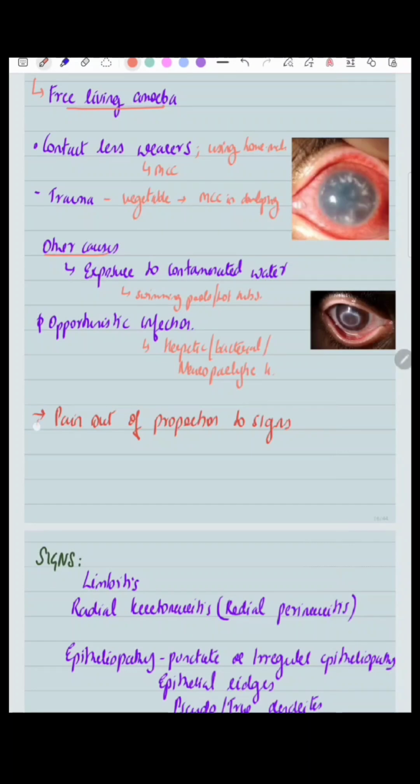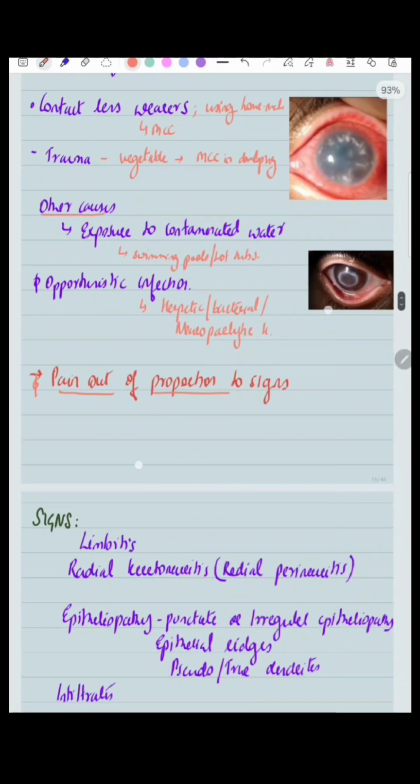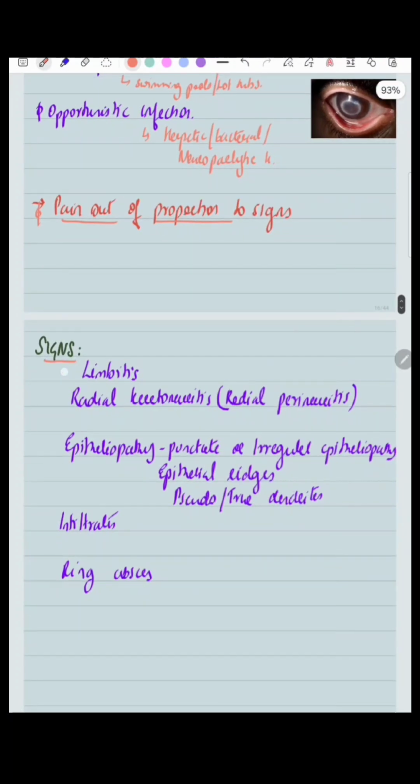Here in acanthamoeba keratitis, pain is out of proportion to signs. Signs include limbitis, limbal inflammation, radial keratoneuritis, that is radial perineuritis, and epitheliopathy, which can be punctate or irregular. There can be epithelial ridges, and pseudodendrites or true dendrites can be seen. Infiltrates can be seen. It can be patchy stromal,